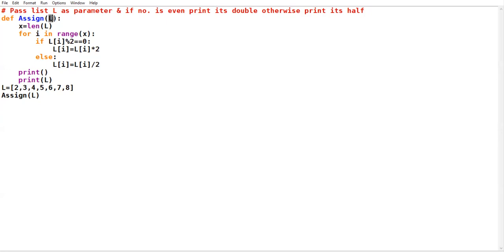I have a question. Those of you who know the answer, just raise your hand. This name is L. This name is also L. Will there be any error? I have taken the same name for the argument and the same name for the parameter. Will there be any error?